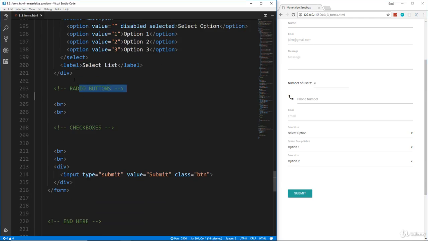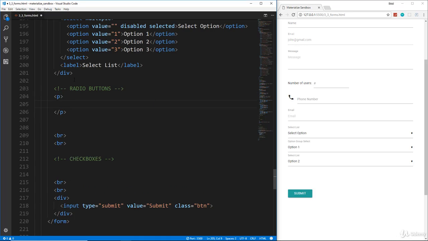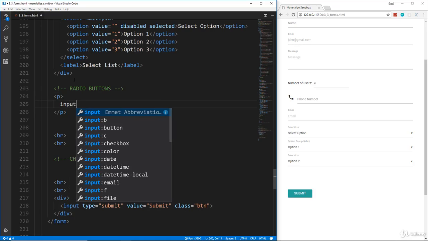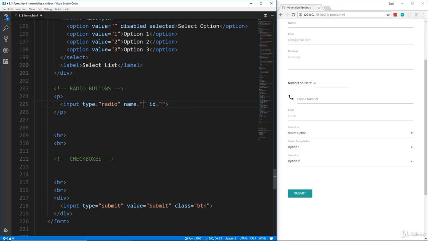So we're just going to go ahead and put in some paragraph tags, and in each one I want an input, and this is going to have a type of radio. Okay, so we don't need a name. Actually, we'll just keep the name. So we'll say this is for gender. Since it's an input radio, we should have a name. ID, we'll say male, and